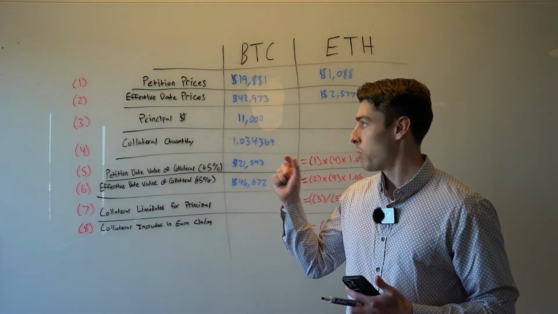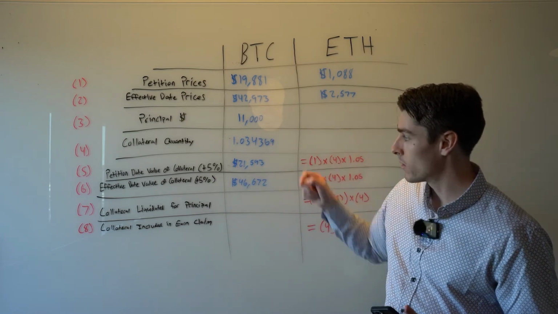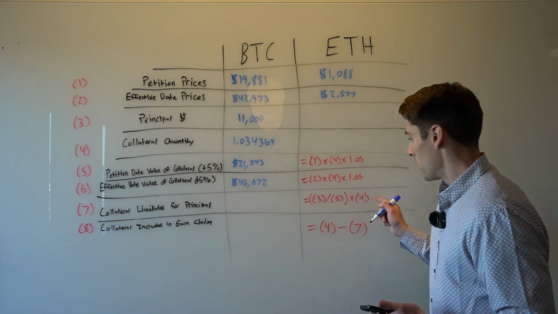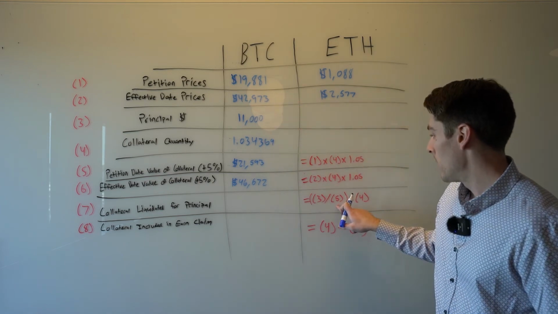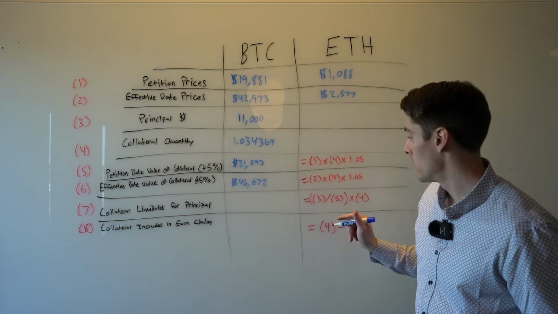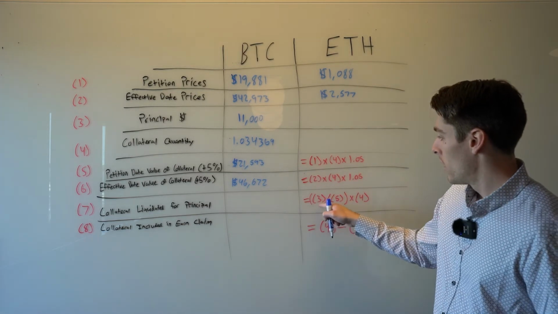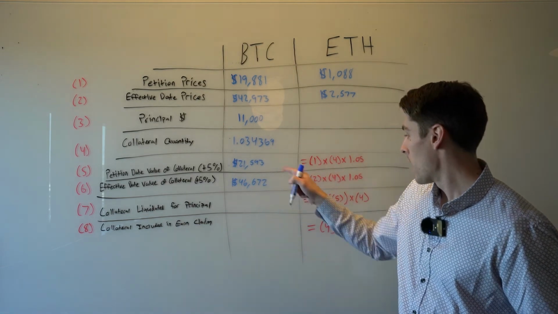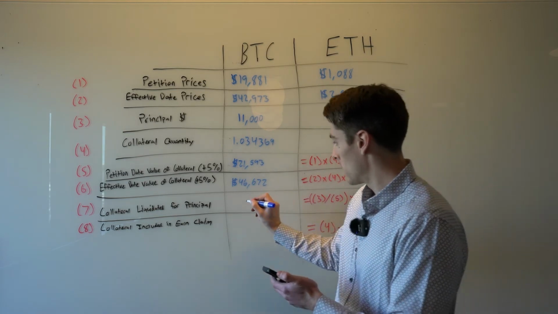So like I said, a portion of our collateral right here was going to be liquidated in exchange for us getting to keep the principal. The remaining portion flows through to the earn claim. So following this formula, we take the principal, $11,000, divided by the petition date value of the collateral, $21,000, and then we multiply that by the total amount of collateral. So again, just follow the formula here, 3 divided by 5, so principal divided by the petition date value of the collateral times the total quantity, and that gets us to